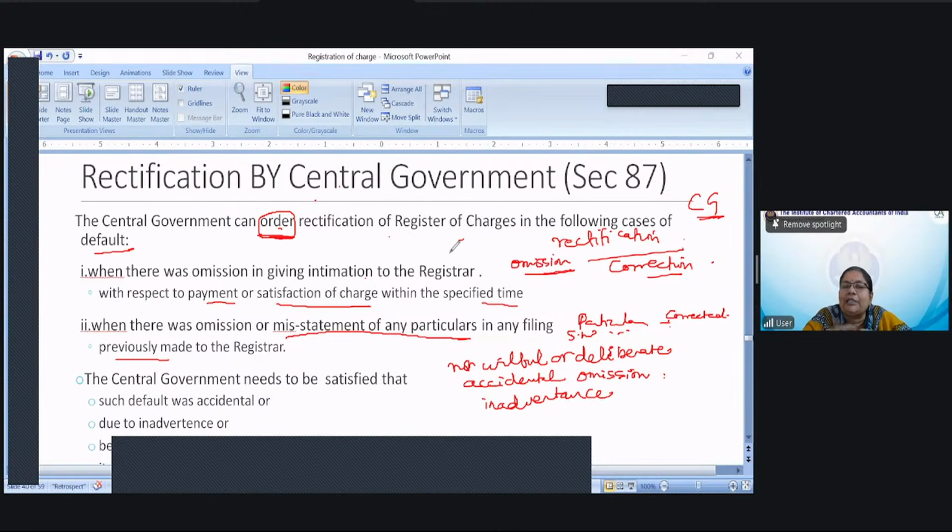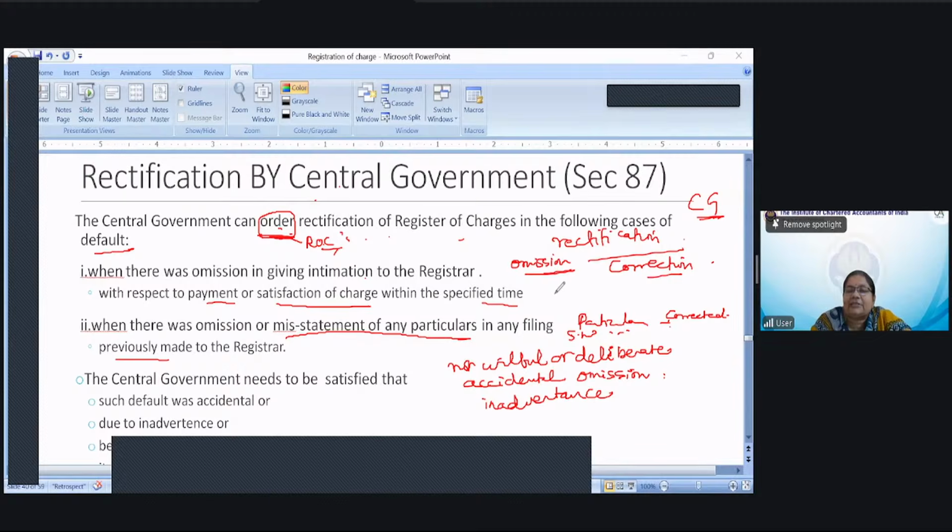Kindly condone the delay and register the satisfaction of charge in favor of the company. You have to attach all the documents. Then the central government can order the ROC or any other officer in that department to rectify that. Generally, it orders the ROC to rectify that, and the satisfaction will be